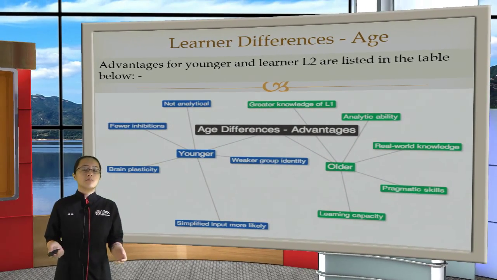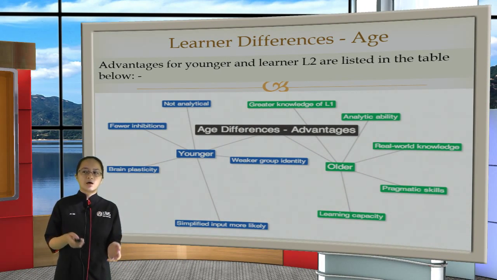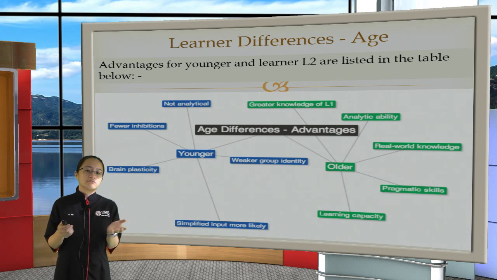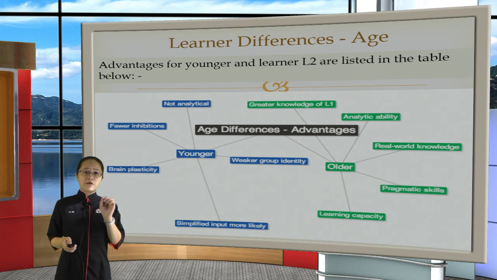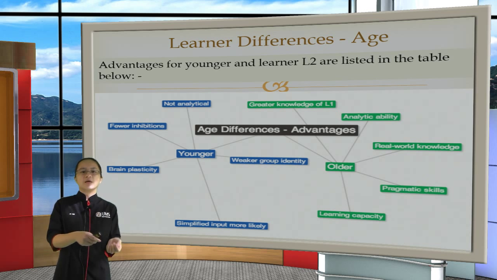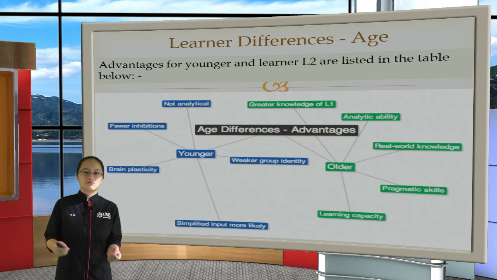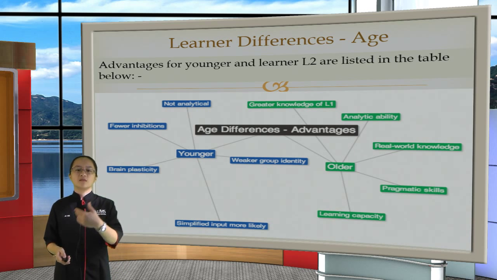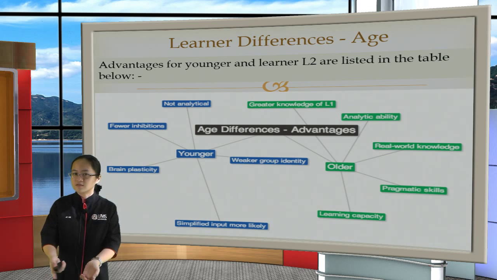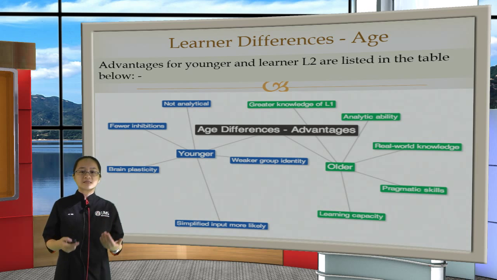So, what are the advantages of young learners and adult learners in terms of learning a second language? Well, if you're younger, number one, you're not so analytical. You don't think about how language is being structured. So you can just put sentences together and keep on trying until someone says, hey, that's not the right way of saying it, it should be this. And so the younger person will have fewer inhibitions. They won't be so shy when people say, hey, that's wrong, that's a mistake. So in that sense, they are more receptive to learning.